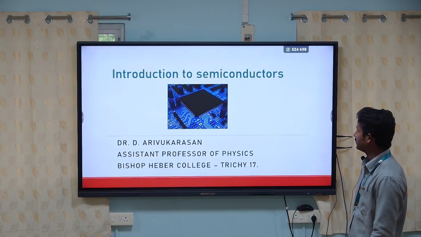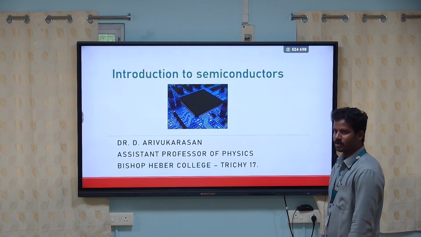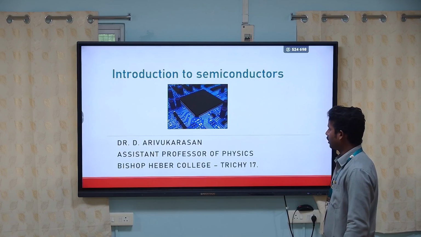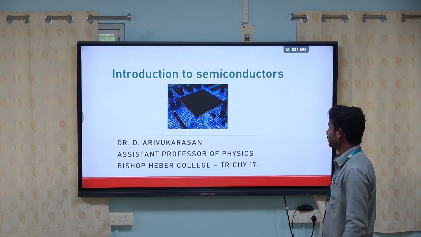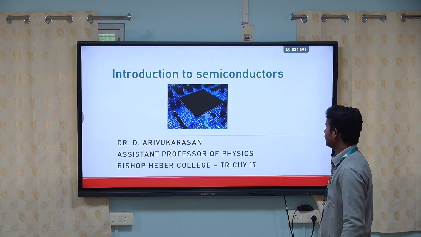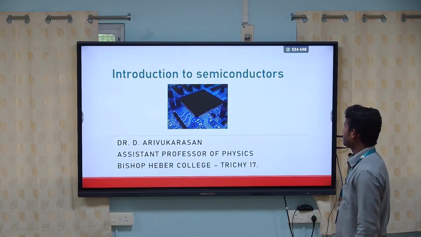Today I am going to briefly discuss semiconducting material. Semiconducting materials are widely used to design various electronic devices such as diodes, transistors and integrated circuits. If you want to learn the working of electronic devices, you must understand the basics of semiconducting material. Why are these semiconductors used in